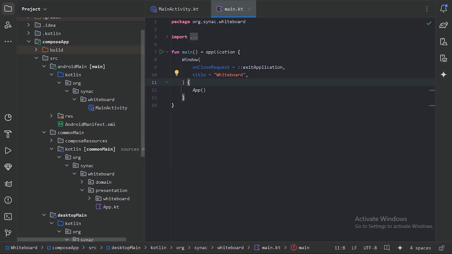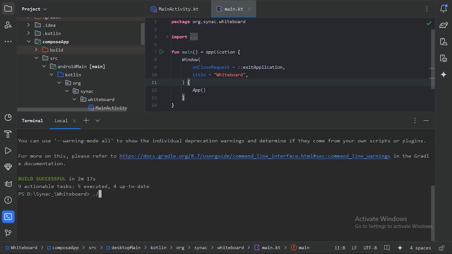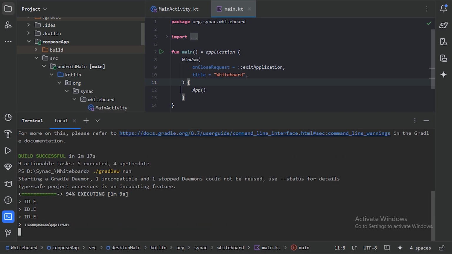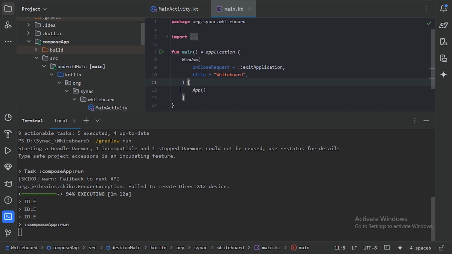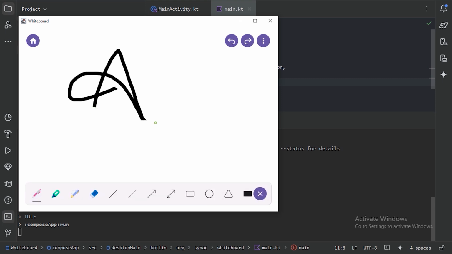Now first let's run our desktop app. Again this is showing the same error, and we can run our app from this Gradle. We need to type this ./gradlew run. And here is our desktop app, and open our drawing tool card, and we can draw anything here,